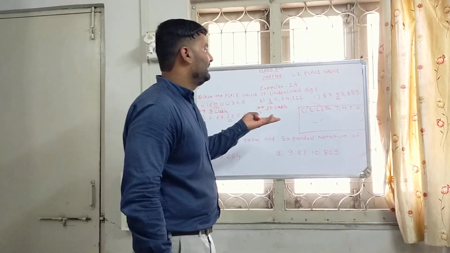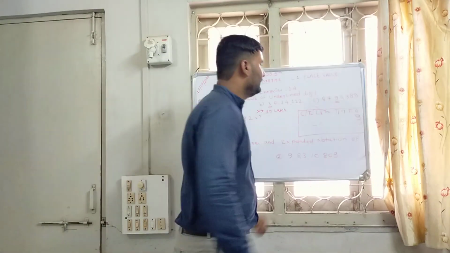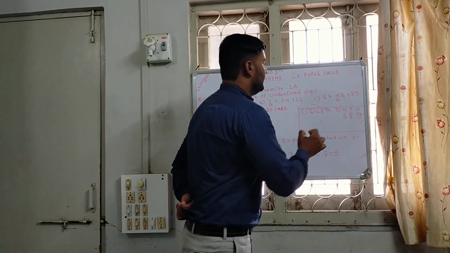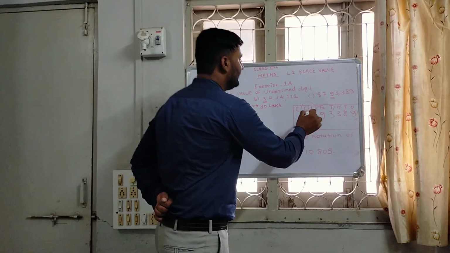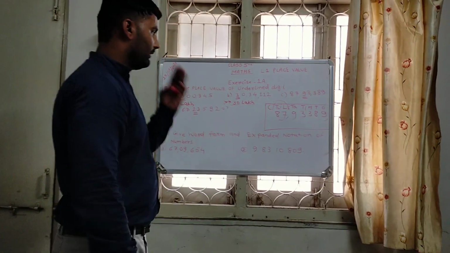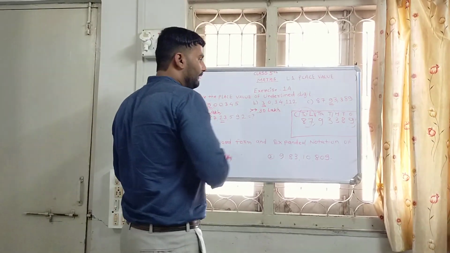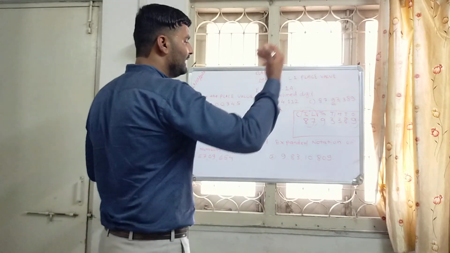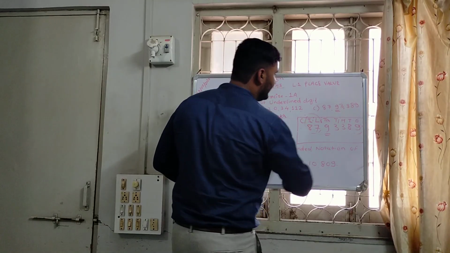Now our third question. I write here, unit value or ones value is 9, tens value is 8, hundreds value is 3, thousand value is 3, 10,000 value is 9. After that lakh is 7 and 10 lakh is 8. Okay, while I am reading the numbers, I start from left to right, but while solving the question, we are going to solve from right to left. Okay, so the underlined number is 9.